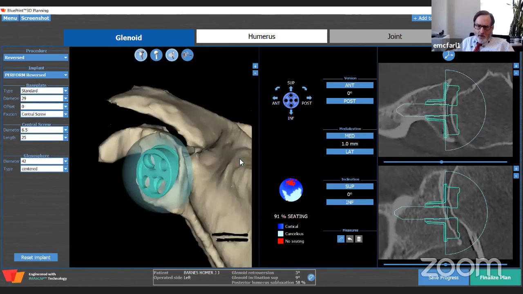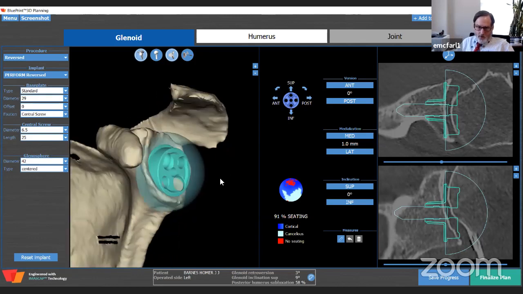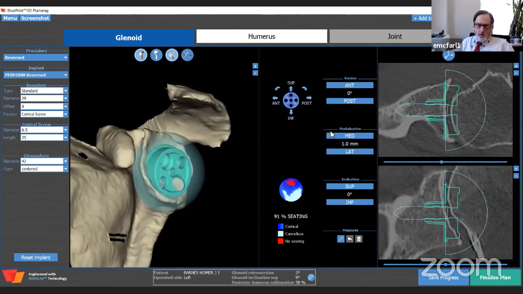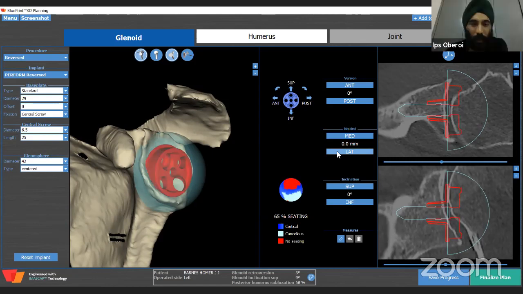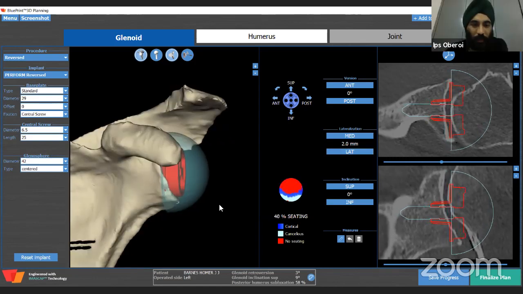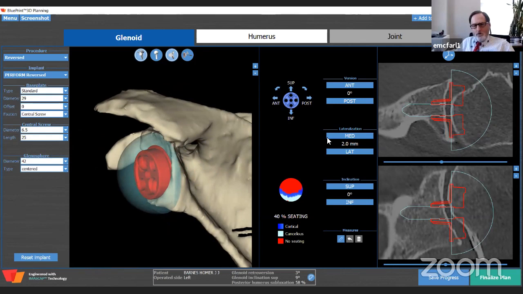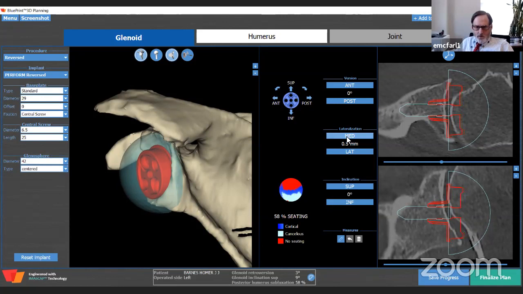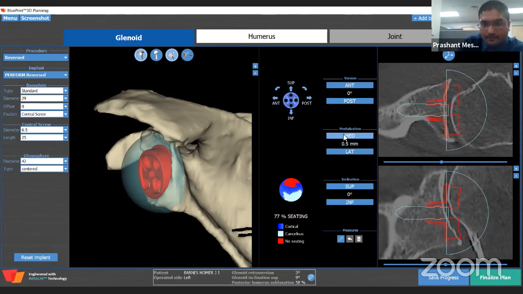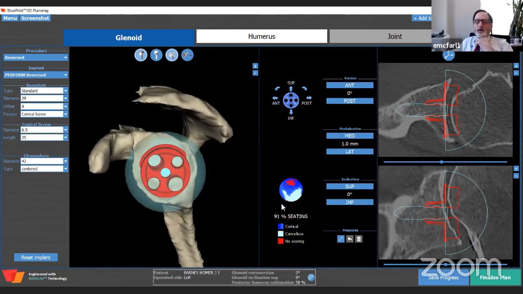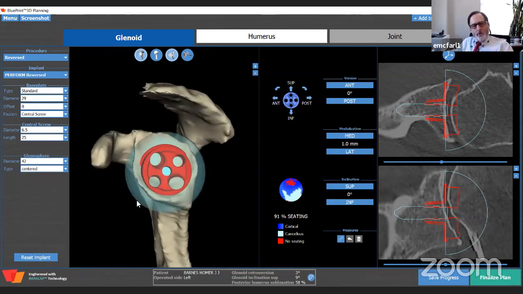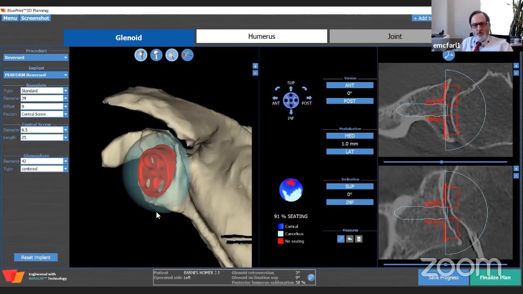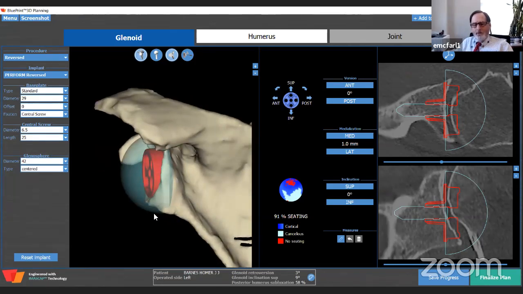if you medialize this guy right here, it looks like you're taking a fair amount of bone off. But this patient's glenoid is fairly medialized, and you can ream it flat like this. How much coverage do you get down there? It's about 91%. Yeah, if you ream it flat, you get about 90%. And in this situation, the posterior inferior screw, you probably couldn't get that in. I don't worry about that.